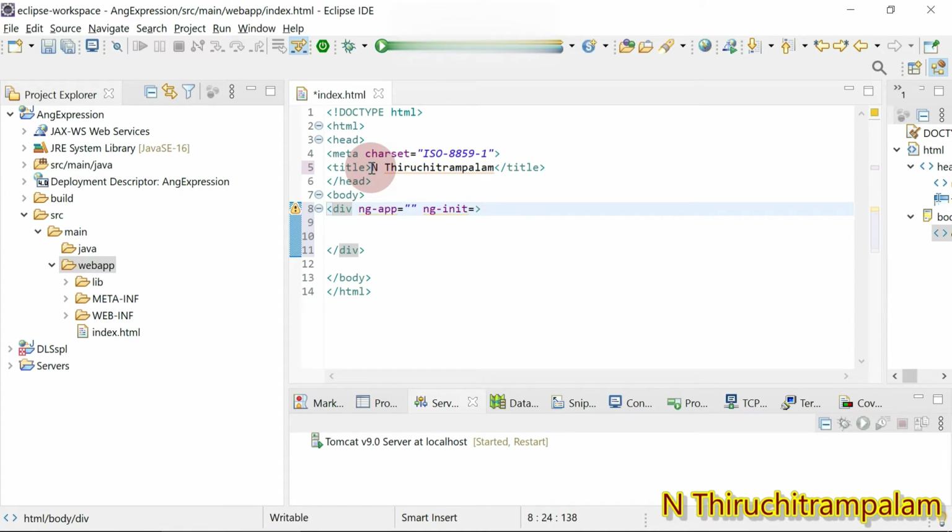As I said in the previous session, ng-init is used to initialize the application data, that is, application variables. Within double quotes we can initialize number, string, and array variables.